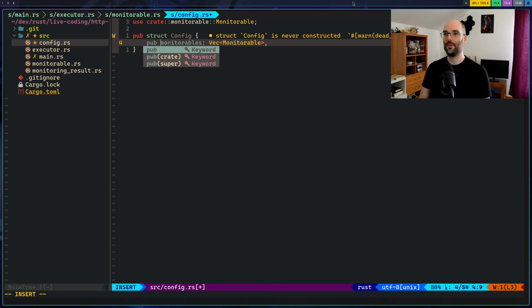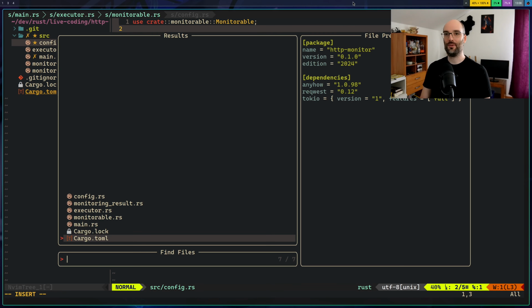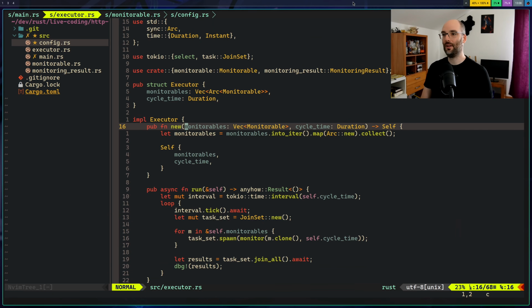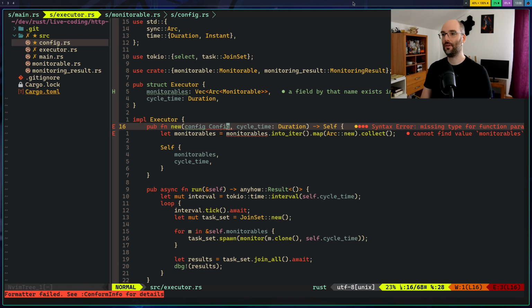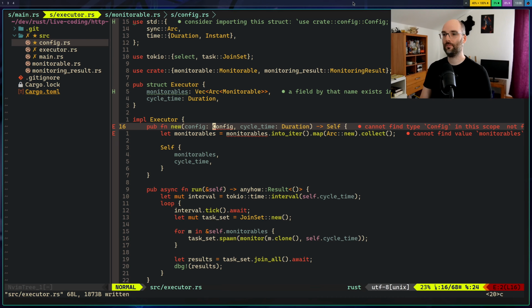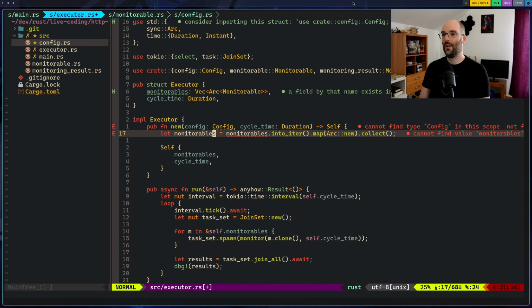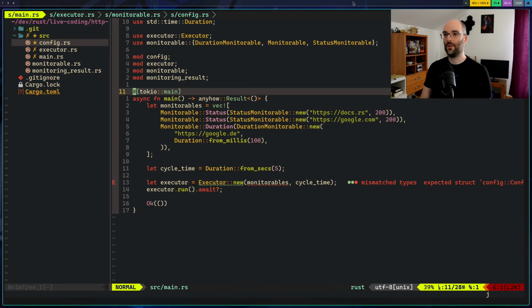And it would probably be a good idea to make that public, because who are we fooling? Why should we have any methods to access this state? It's just going to be an access itself. And therefore, we can now do the following thing. We take a config. We can probably move that inside here, because we're only going to use it once, so move it inside. And monitorables are going to be config.monitorables. Great. And that's already it for here.